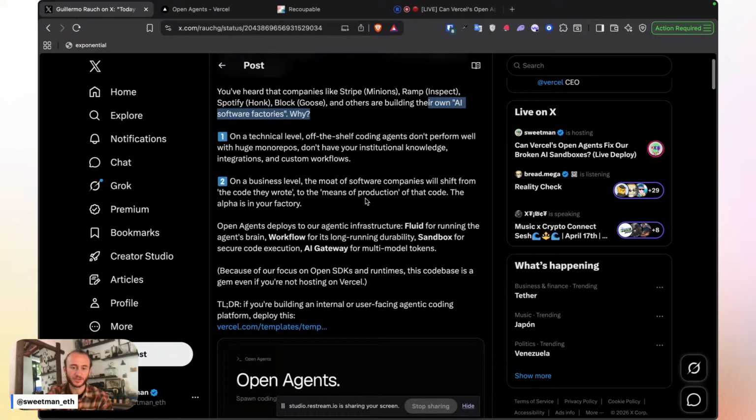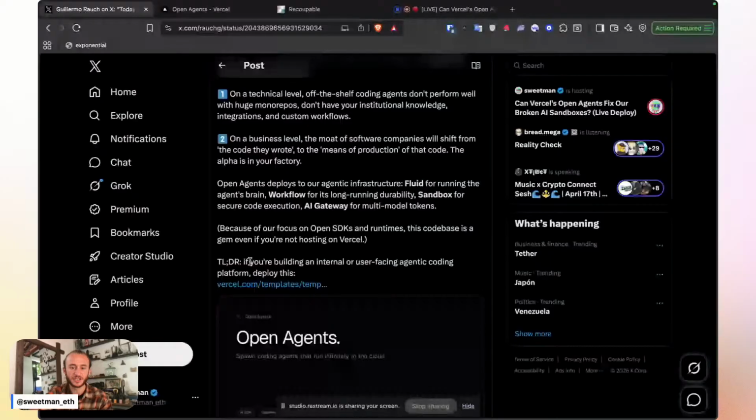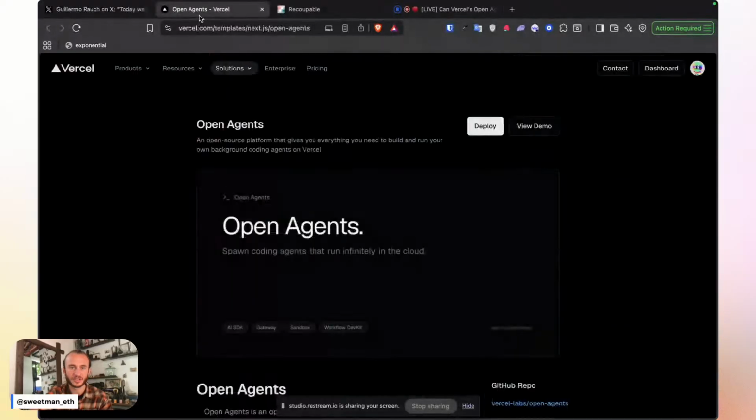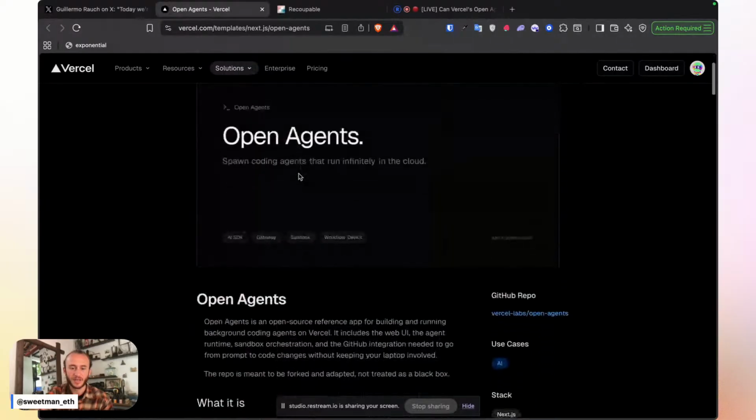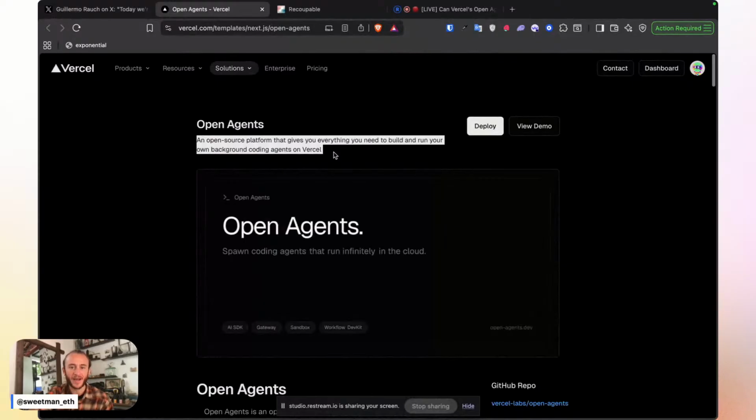Because of Vercel's focus on open SDKs and runtimes, this code base is a gem, even if you're not hosting it on Vercel. TLDR, if you're building an open or user-facing agentic coding platform, use this. Open Agents comes as a one-click deployable template. It also has an app that we'll look at shortly, already hosted. It's an open source platform that gives you everything you need to build and run your own background coding agents